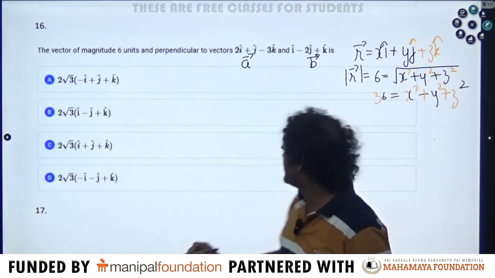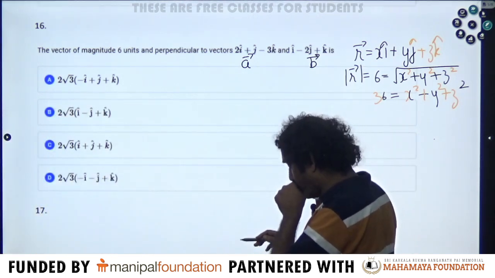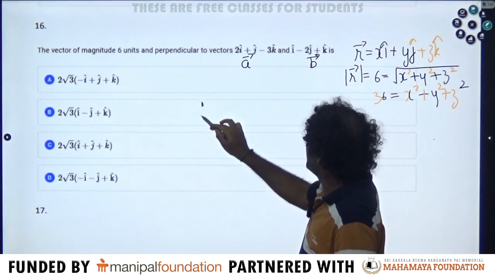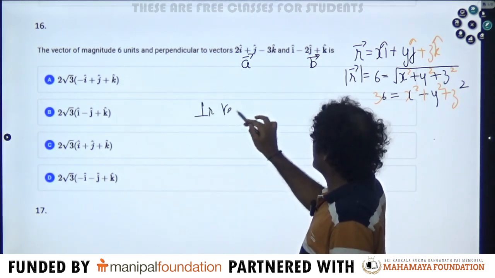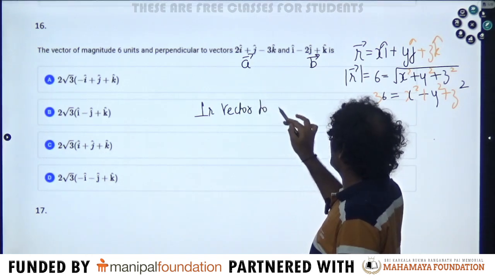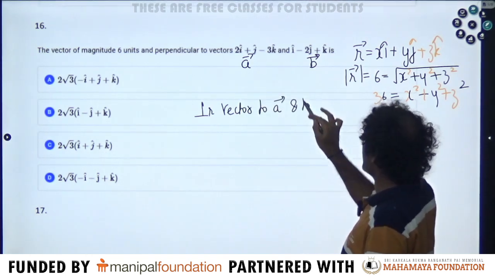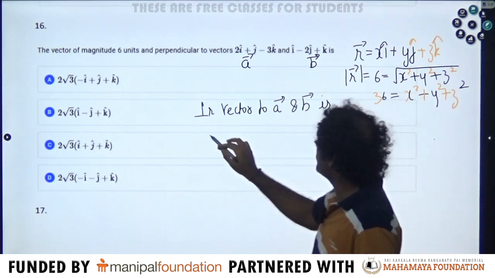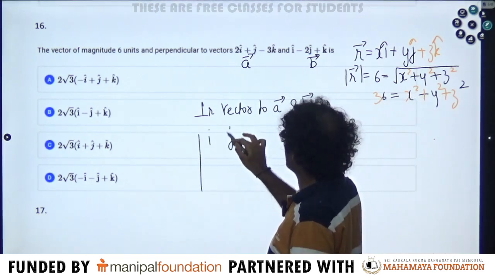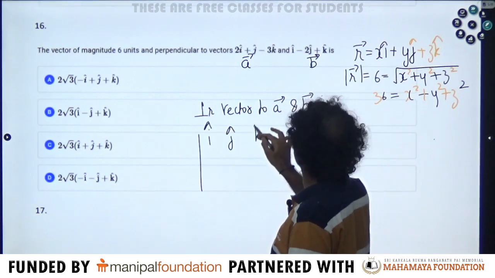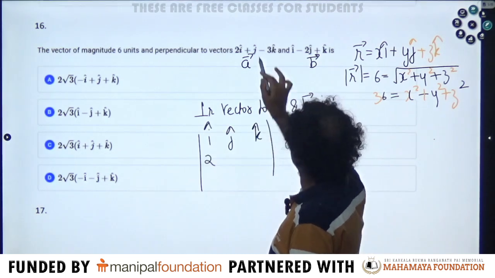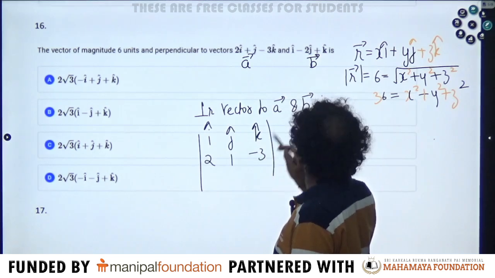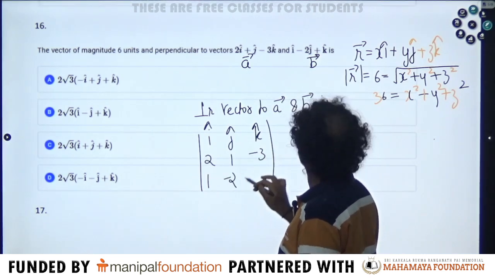So to do a cross b, sorry, perpendicular vector to a vector and b vector is: i j k, then do 2 1 minus 3 1 minus